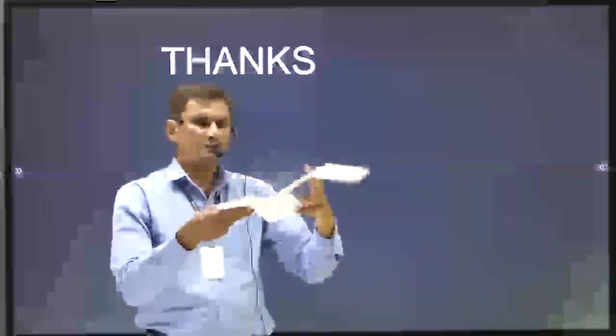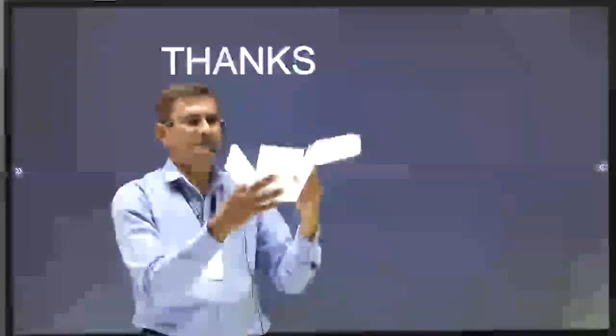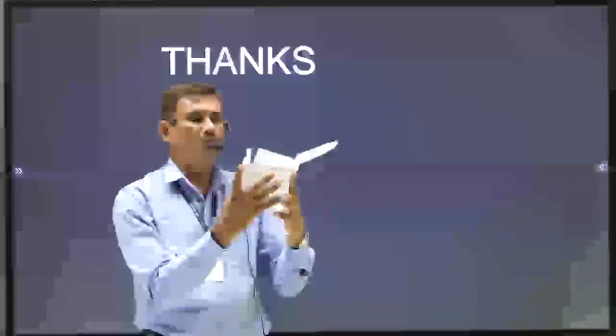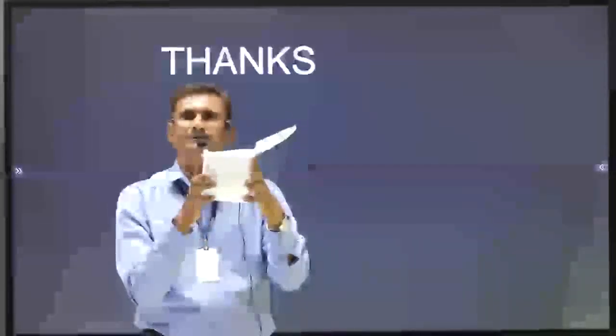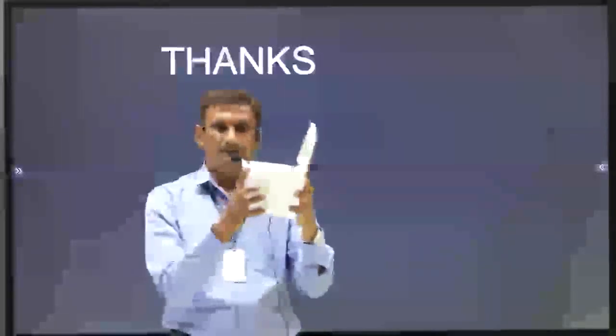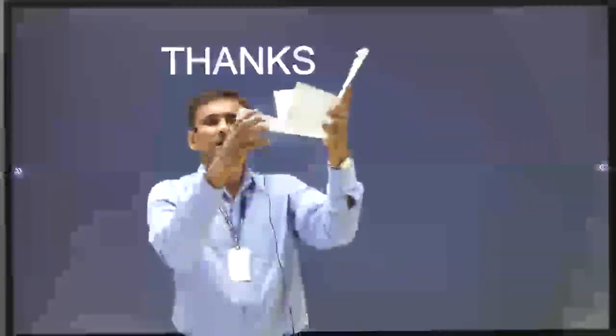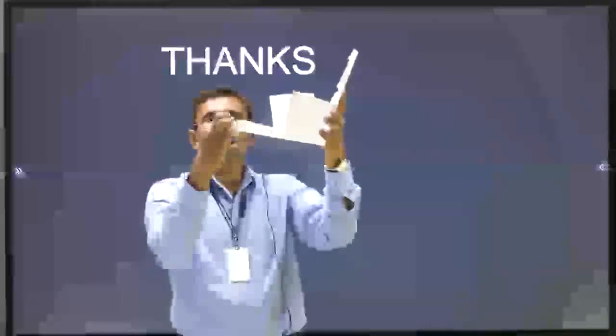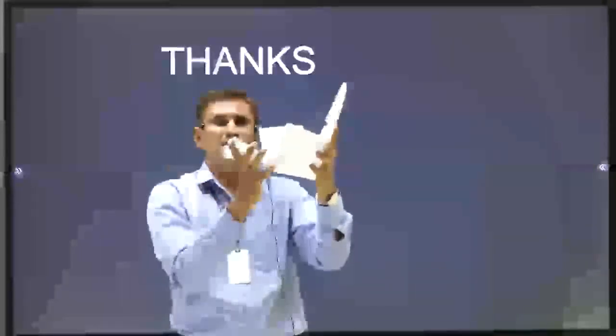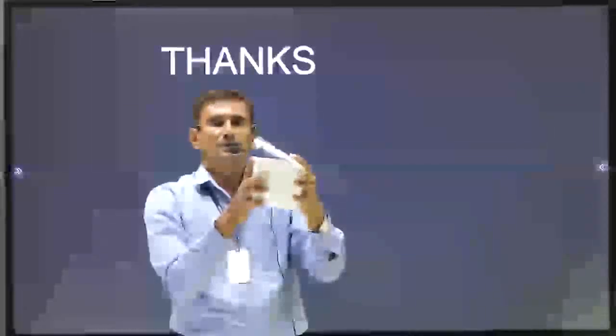Now how to fold? It's very simple. This part becomes the base. So surrounding, all 4 walls will be like that. Now after it is folded, you just apply glue on the flap only. The flap can be of any size. No fixed size will be there. But it will be like that. Here an angle should be there, just like in class, so that you can fold it very easily.